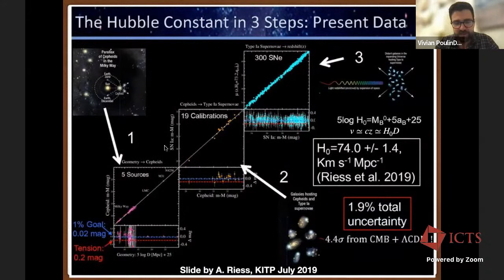And so what is done is an intermediate step where they use Cepheids, but there are also alternative ways, or there are other groups using alternative ways. So what is done is to calibrate the period luminosity relation of Cepheids. Cepheids are stars of variable luminosity that have a specific relation between the period of oscillation of their luminosity curve and the brightest they become during this period. And so this is called the period luminosity relation.